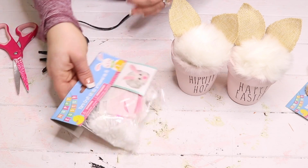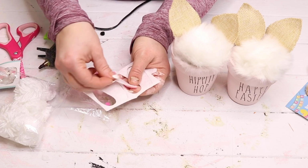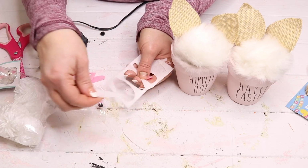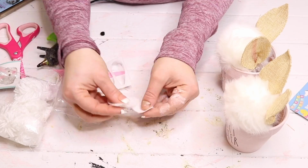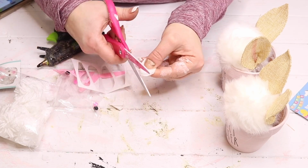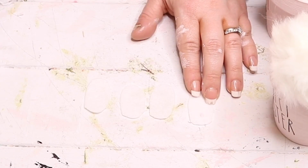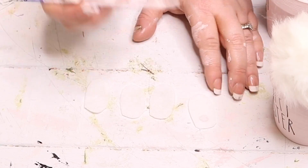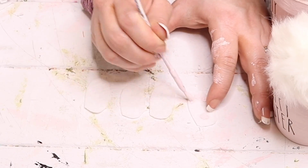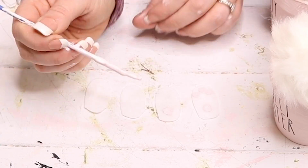So I went ahead and had this little yarn bunny kit from Dollar Tree, and I pulled it out to make the little bunny feet. So I just took the 4 pieces of white felt out and I stacked them on top of each other to kind of cut them in more of an oval shape. And then I used that same pink chalk paint and just painted the little pads of the bunny's feet onto